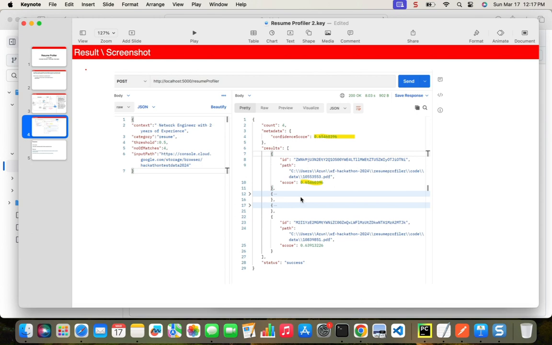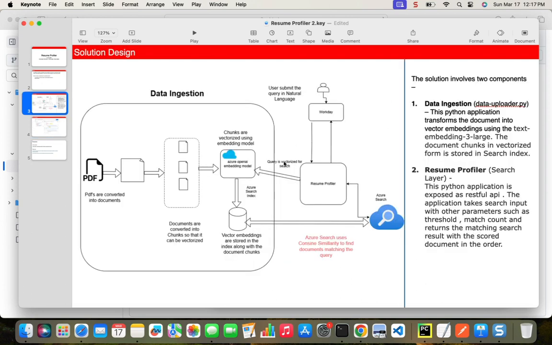One thing that we can also talk about, so this is our solution based on the Azure OpenAI embedding model and also Azure Search Index. There could be other solutions where you are using OpenAI, which utilizes the ChatGPT 3.5 or 4 turbo models. And also, you can completely build a solution using your own